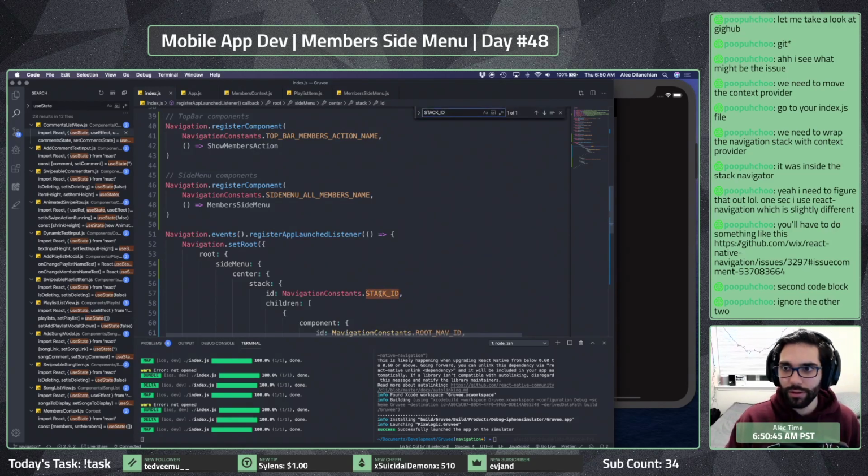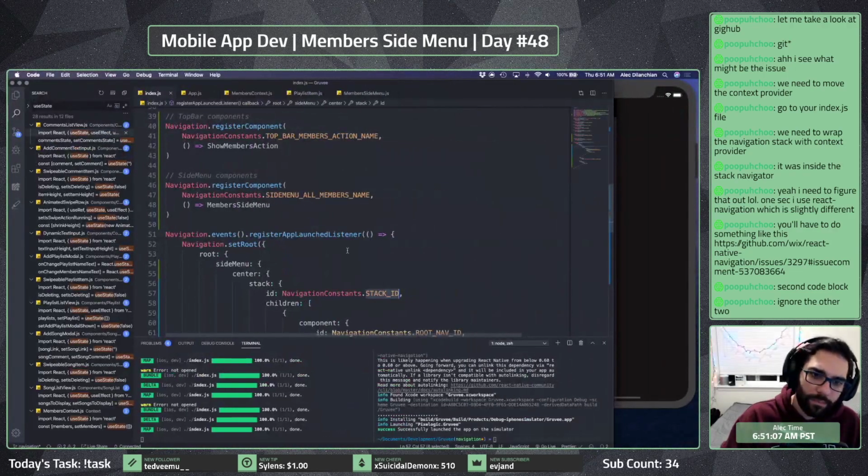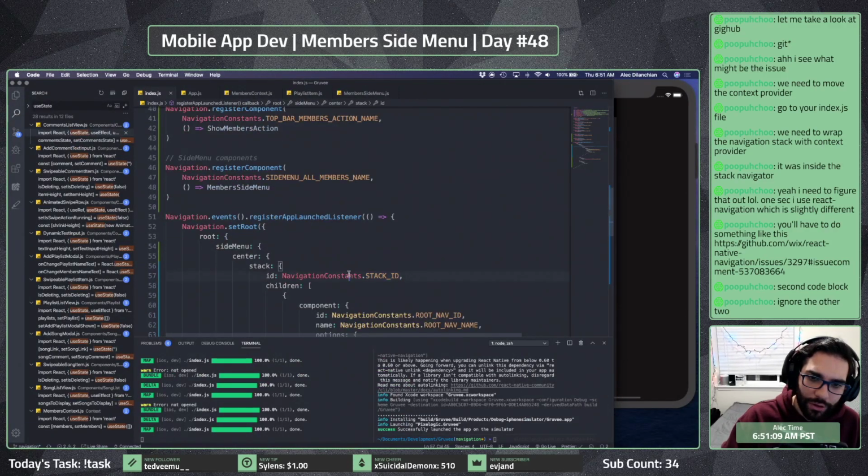I guess the only problem is register component. The stack isn't a component, right?